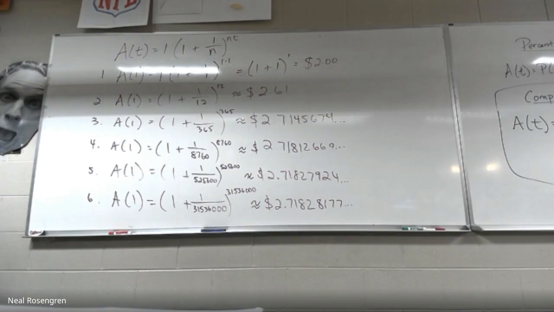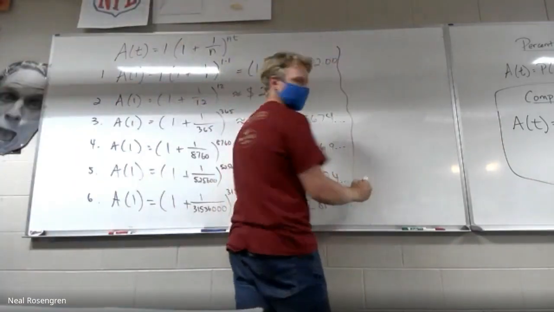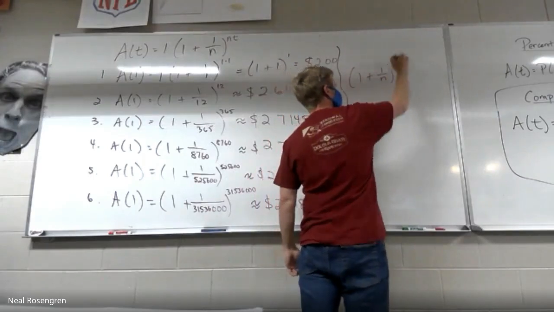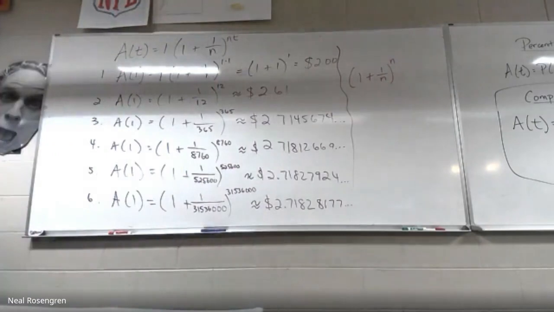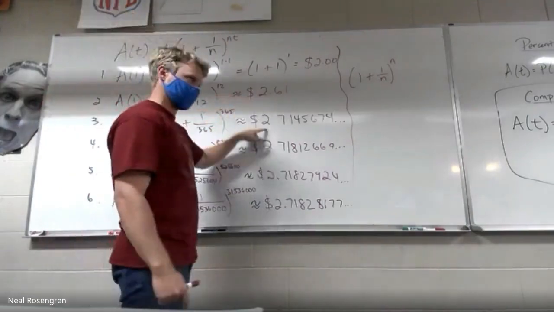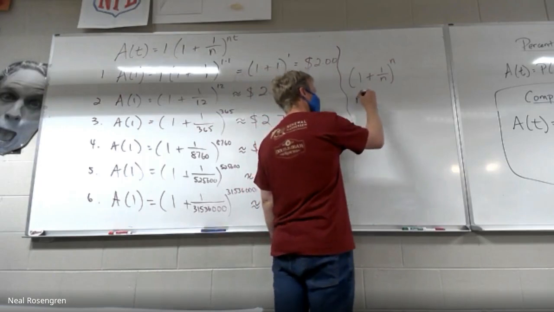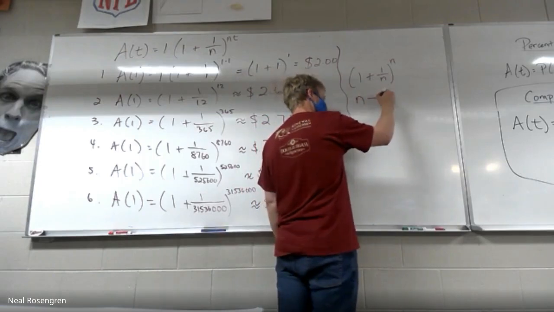Okay, this is called an infinite sequence, right? Because the numbers just keep getting bigger and bigger, and we can do this forever. And so maybe put this off to the side on the right somewhere. What we're doing is we're just messing with this: 1 plus 1 over n to the n, right? Remember, I picked the letter n to mean the number of times. I just made that up. But it keeps getting bigger and bigger, and bigger and bigger and bigger. But the answer doesn't. It's starting to slow down. It's starting to converge, even though n keeps getting bigger and bigger.